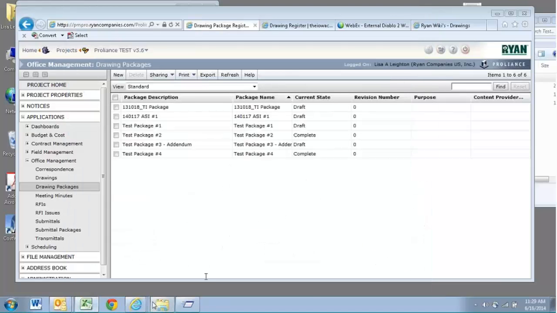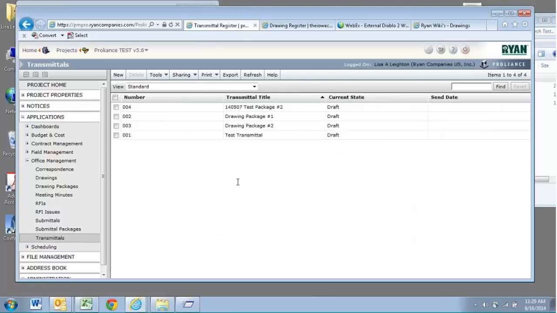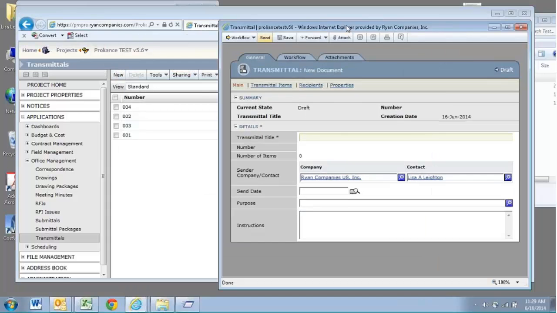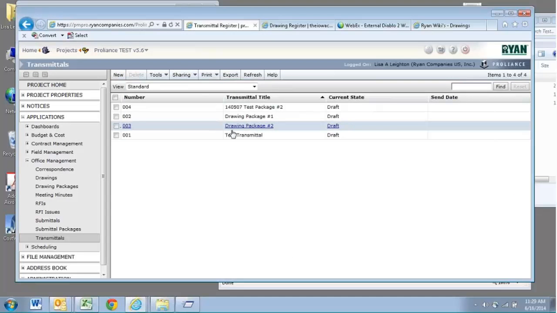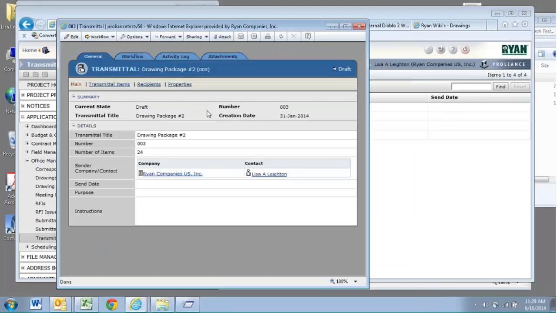I'm going to go ahead and close off the air server there. So back to Proliant. Once you've packaged up your drawings, we're going to go into Transmittal. And this is how we are able to send out these drawings to our subcontractors. So I'll go ahead and select New. Another thing that I would recommend is that if you've done this before, so you can see here we've had a drawing package we've sent out before, you could do just a copy and paste it. So copy to New,